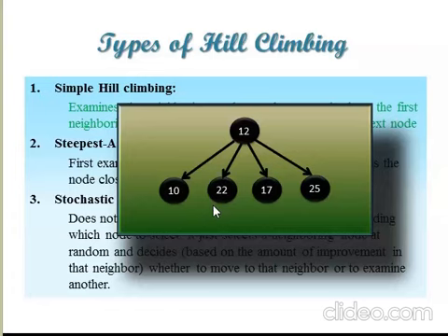Suppose we reach a state, let it be 22 itself. Then there are two operations or two paths available. One gets to the value 8, another gets to the value 20. Both of these values are below 22, which means that we cannot move from this height 22 because one is a downward movement, the other is also a downward movement. So we will be stopping at this location 22. So this will be the highest point in the hill as per this simple hill climbing technique. Hope you are with the topic.